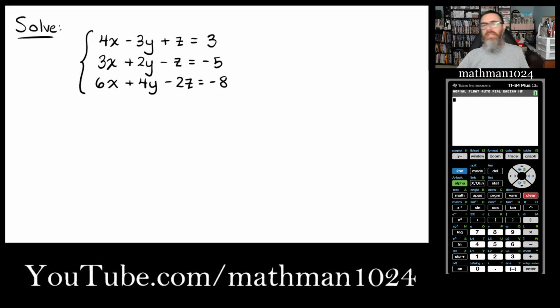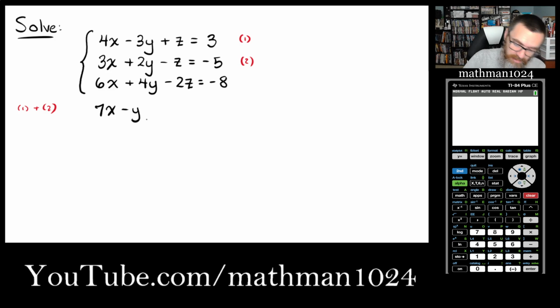All right, let's look at another system. 3 equations, 3 unknowns. And let's see if there's anything here that looks like they could easily cancel out. And I'm seeing some good stuff with the z's. So I could combine 1 and 2 and get a pretty good equation. So let's do that. If I combine 1 and 2, that gives me